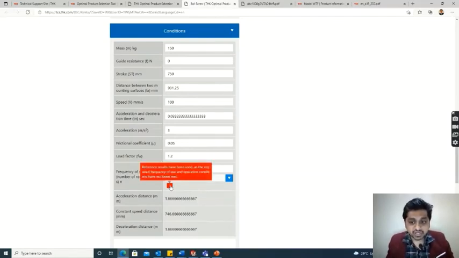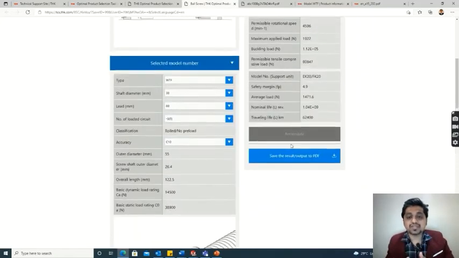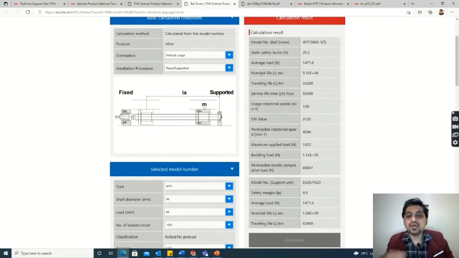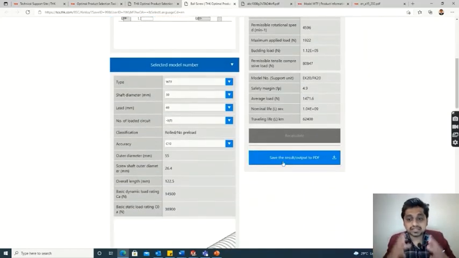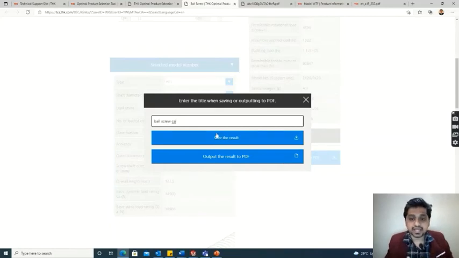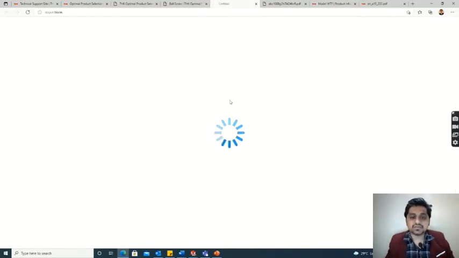We haven't changed our ball screw model, we have just increased the number of cycles from 150 to say 500. So the service life, you can see, has drastically come down. Now again I am finding out the output result, so let's see what it will give.